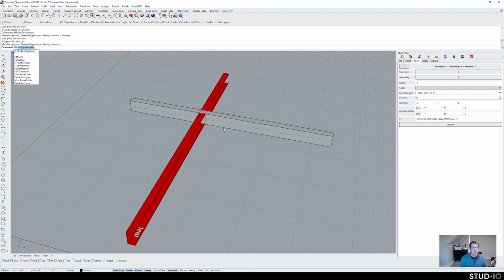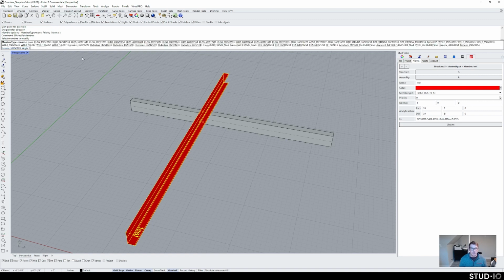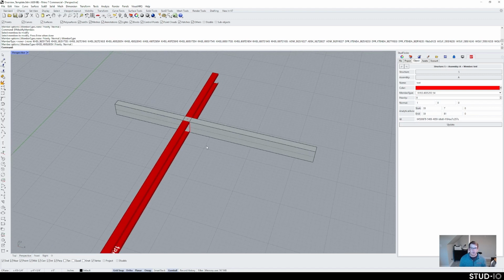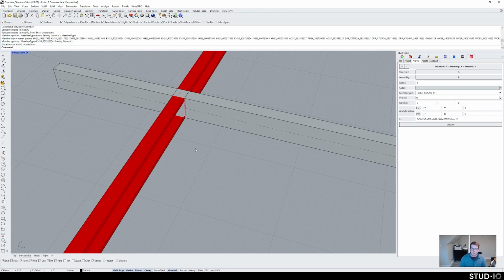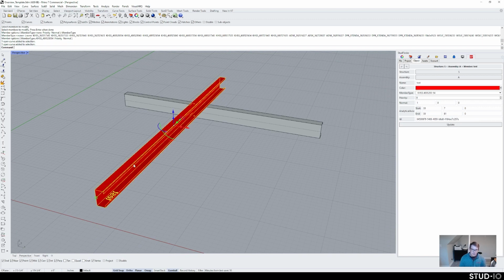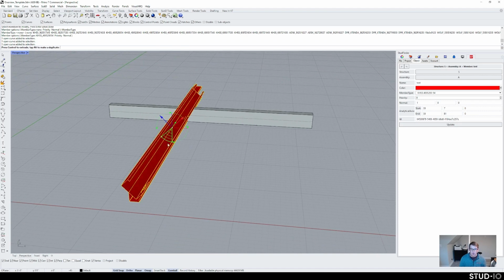So real quick, just show you again. You can change members as well. So if you want this to be a 4-inch stud, you can go and do that, and that will, of course, update any other members due to our solver running in the background that is connected to it. Other ways to modify members, you can take this member, and if you rotate it,